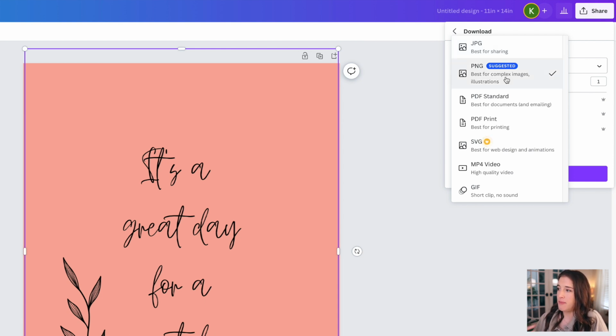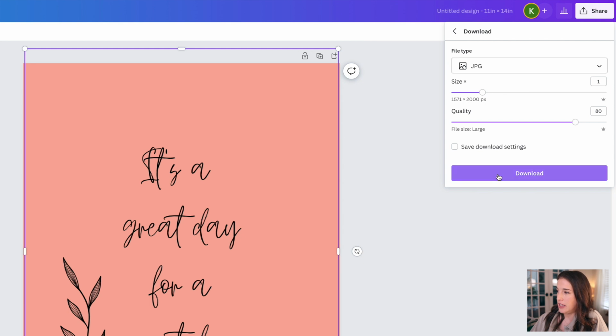PNG is generally a better, higher quality file type, and it's also great if you do need that transparent background. And then PDF is usually a super high quality, great for digital products, and on Canva you have standard and print. I would recommend print in case someone is wanting to print it out and maintain that really high quality. So let's say you want to download this as a JPEG, you would click that and hit download,